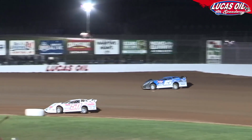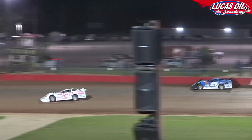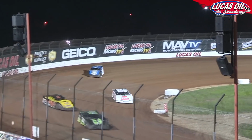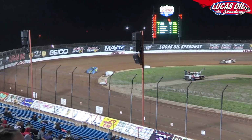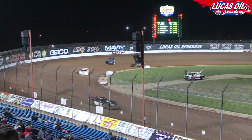The number 7 car in the field is Ashley Lancaster, and Marrant's not 4 or 5 car lengths behind the number 7 car in the field. How many cars can he put a lap down? Well, he's probably going to put most of them probably up until the top 5, as Marrant just as a